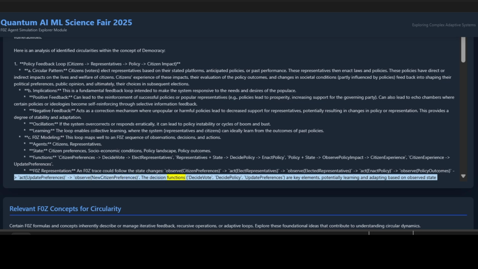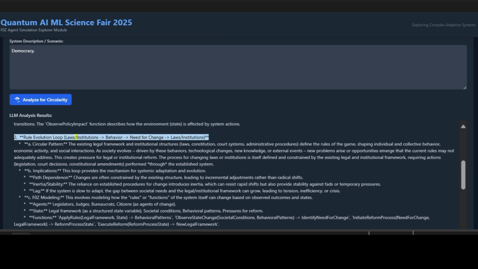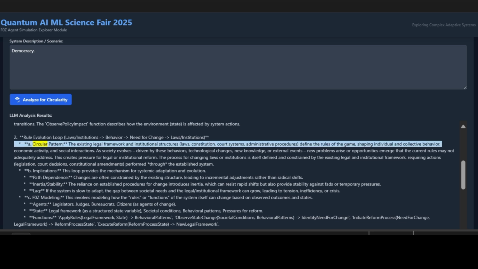The decision functions, decide vote, decide policy, update preferences, are key elements, potentially learning and adapting based on observed state transitions. The observe policy impact function describes how the environment, state, is affected by system actions. 2. Rule evolution loop: laws/institutions, behavior, need for change, laws/institutions. A, circular pattern: the existing legal framework and institutional structures,